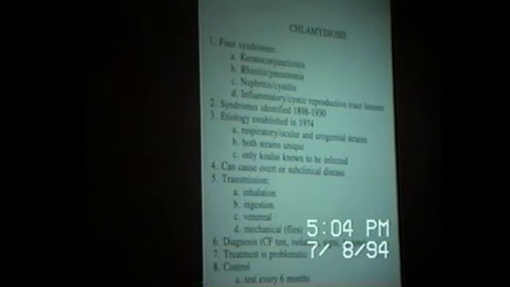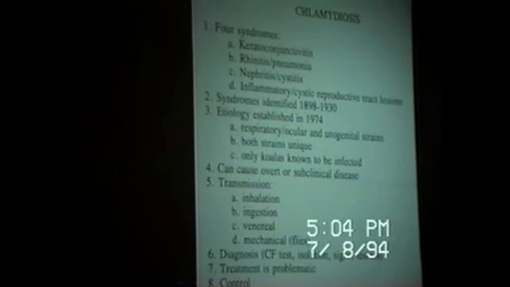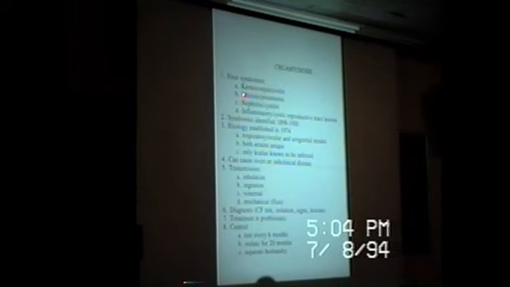As far as chlamydiosis goes, there were originally 4 syndromes identified. I prefer to kind of lump them together as the ocular and respiratory forms and the renal and genital forms. But these syndromes were first identified in the late 1800s, but it wasn't until 1974 that it was found to be a chlamydial etiology. And interestingly, there are 2 separate strains. One causes the respiratory and ocular lesions, and one causes the urogenital lesions. And both of these strains are unique, and they're only found in koalas. Nobody has ever identified these strains of chlamydia in any other marsupial or other mammal. It can cause overt or subclinical disease,